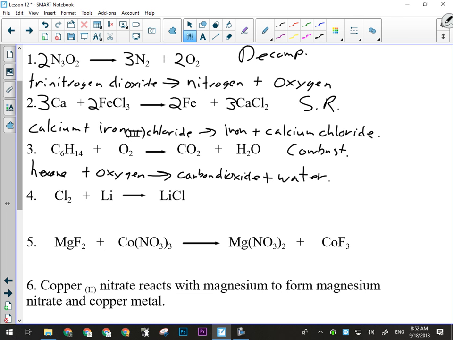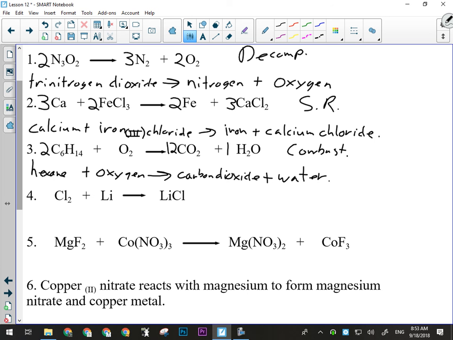What are the special balancing rules for combustion reactions? What order do I balance them in? Alphabetical order. What's the other rule? Right, the rule of 2. Do I need both rules on this one? Yes, I do. I have an even number of carbons, so I need to start with a 2, and then I need to balance alphabetically. So 2 times 6 carbons is 12, so I need a 12 over here. 2 times 14 carbons is 28,